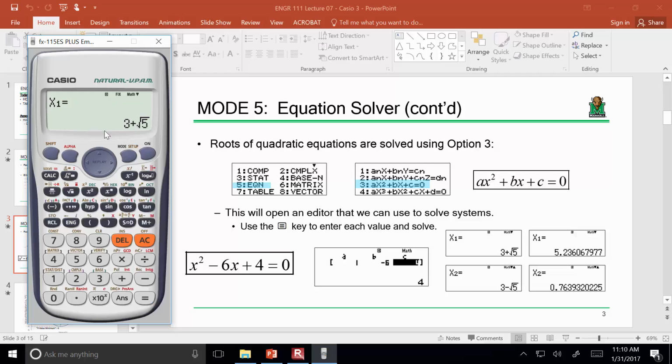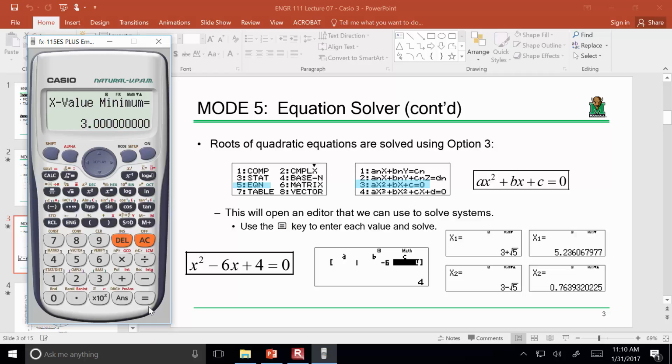The first root is 3 plus the square root of 5. If we want that to be combined into a decimal, we can push the S to D button. Then it says the root there is 5.24 approximately. Then it will give us the next root by pushing the equals button again. It's saying it's 3 minus the square root of 5, so 0.76 approximately. Now when you press enter again, it gives us an x value minimum of 3,